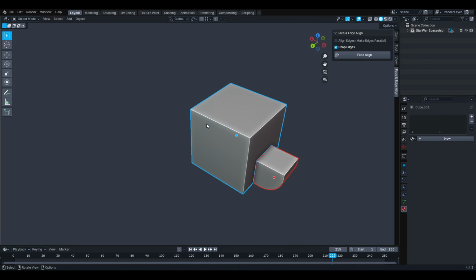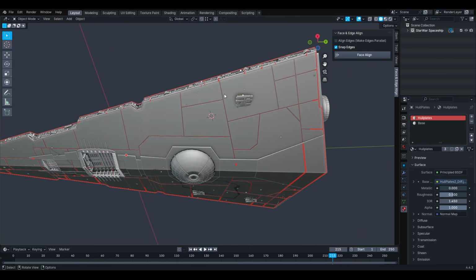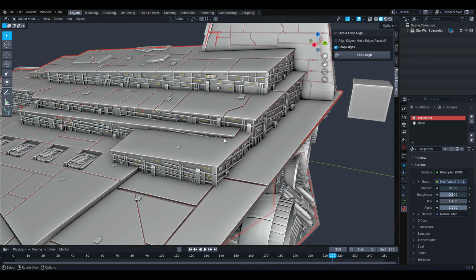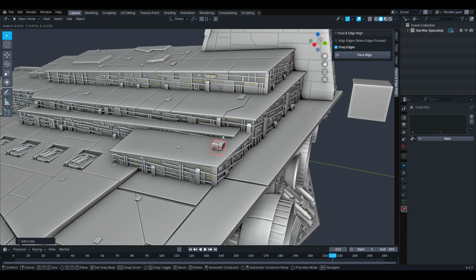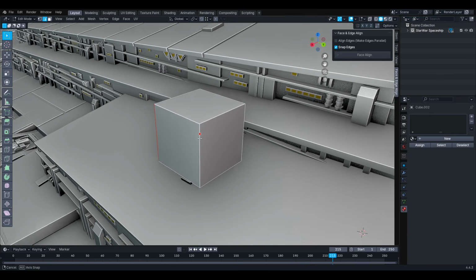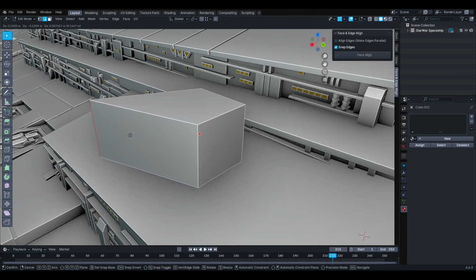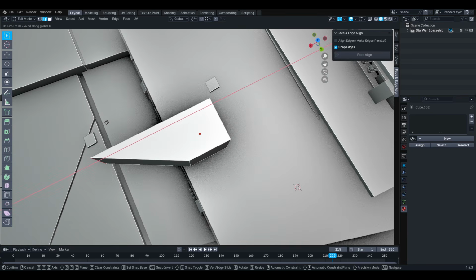So we can try now with this bigger object. We can add some small details. Okay, let's add here a box and let's edit it a little bit. Okay, move this here,